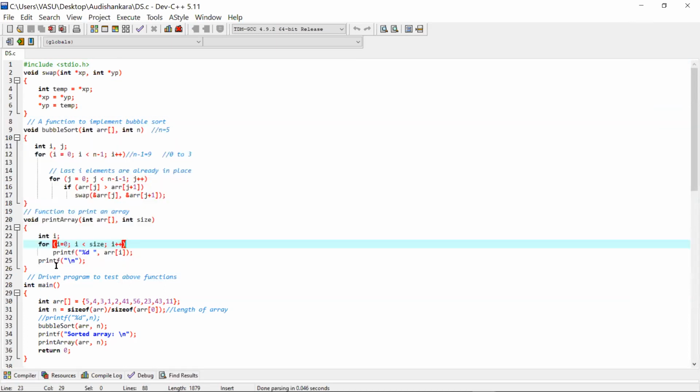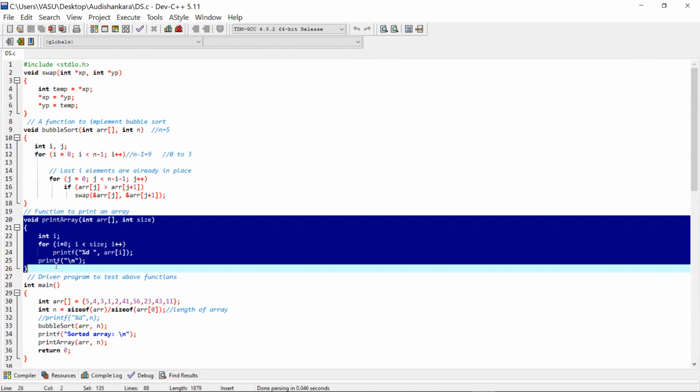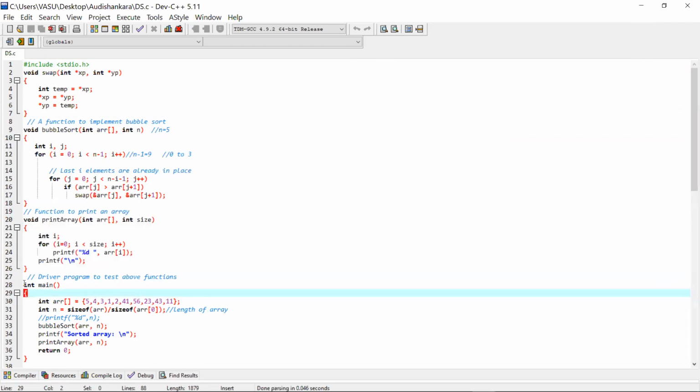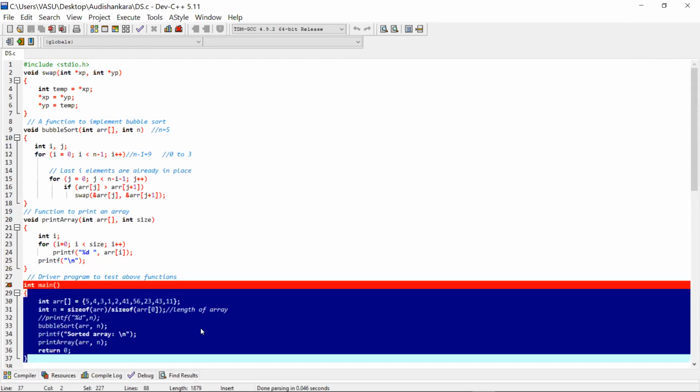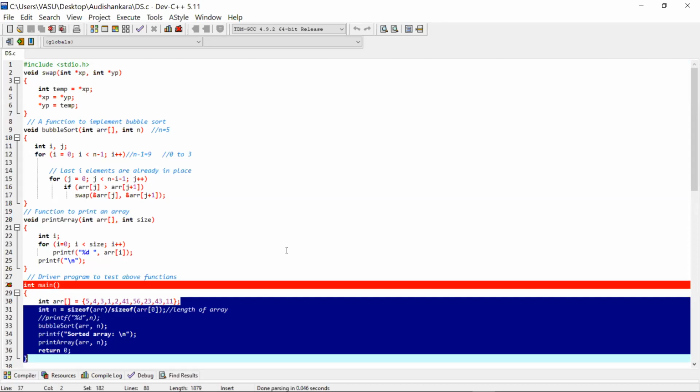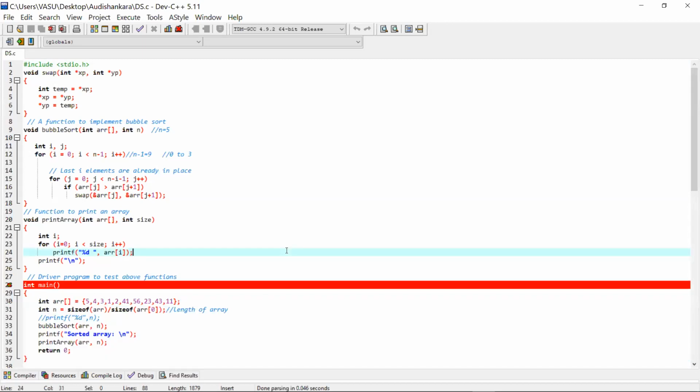This function over here is nothing but your function to print the array, means to give the output. You'll be sorting it out first. So you are just going to display the array, nothing else. And this is your main function. Inside this main function, you will give the sequence, means whatever is your input, and all 3 functions you are going to call inside this main function. For that purpose we have this main function.